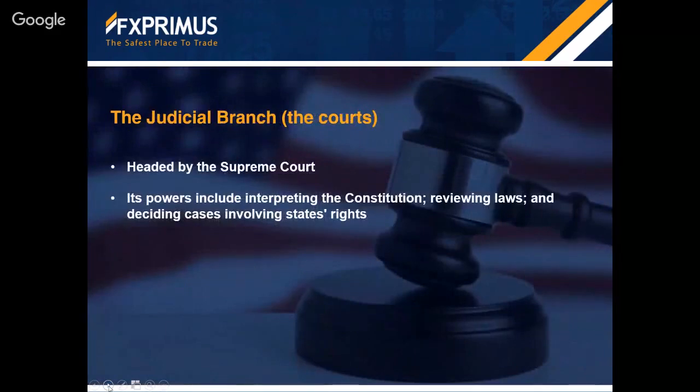Finally, there's the judicial branch, headed by the Supreme Court. They interpret the Constitution, they review the laws, and they try to make sure that everybody is playing by the same rules, which are set out in the Constitution. So, I don't know, the Congress might make a law saying that all people with blue eyes have to pay twice as much taxes as people with green eyes. But the Supreme Court would then judge that this was not constitutional, and they could strike down the law.